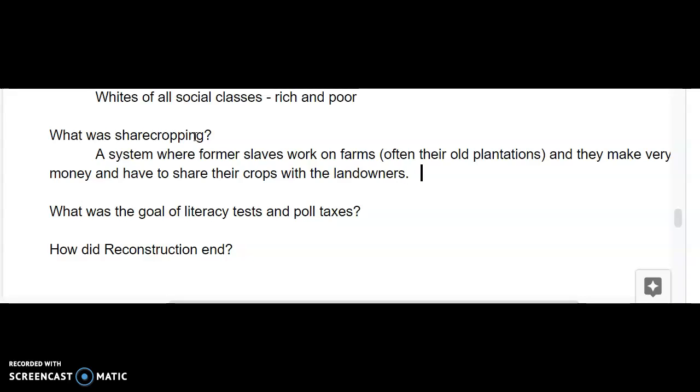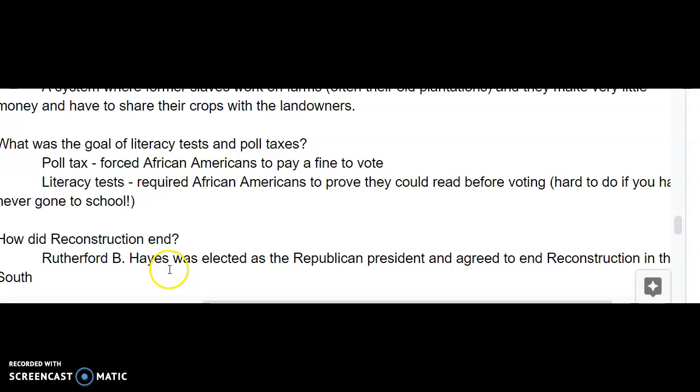So the former slaves do not own land, they're making very little money, and they have to share their crops. So it's a really hard system. And then super quickly here, because I only have 10 seconds on this video, literacy tests and poll taxes. Those were both means of restricting the African Americans'